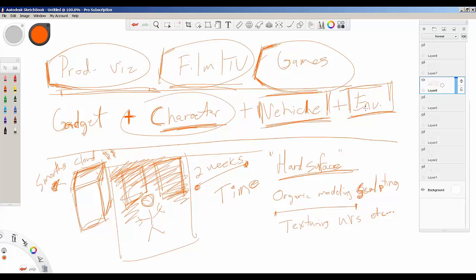And the other thing that I want to touch on is also modular building or asset creation, which is very big in games and in some film and TV things. It probably won't hit too much on the product visualization. On the product visualization side, I'm not sure if I'm going to go all the way and show all of this, but we could. And I think it might be an interesting thing for us to investigate,